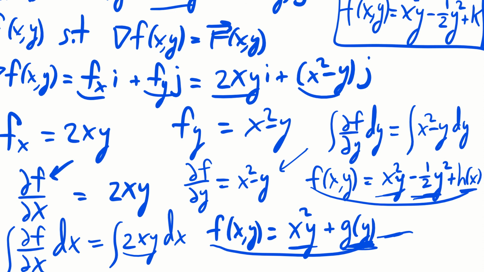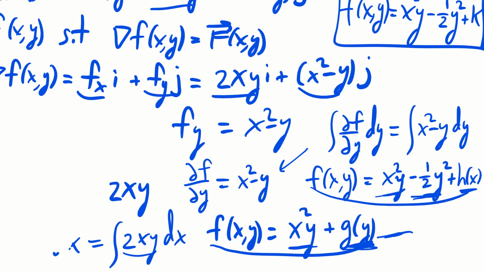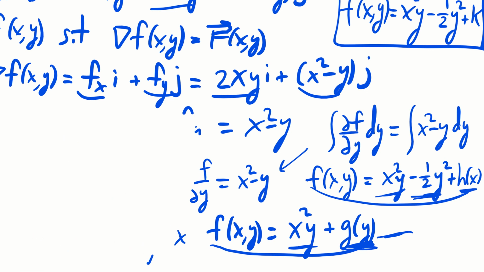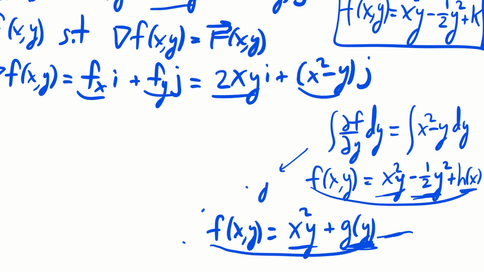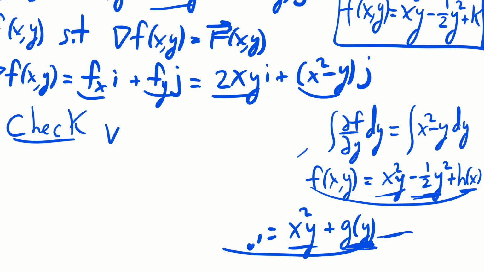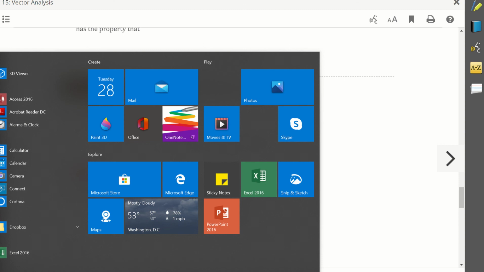We can check this. If the gradient of little f is equal to capital F, then we have found our answer. You don't have to check if you don't want to, but this is the first one we've done like this together, so let's go ahead and do it. So check, is it true that the gradient of f really equals capital F? Well, the gradient of f of x comma y, the partial,